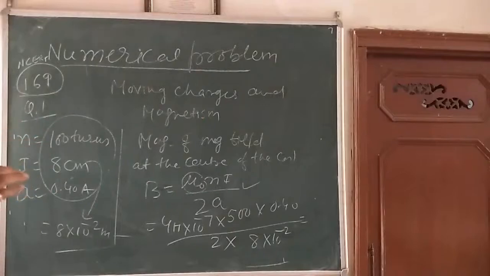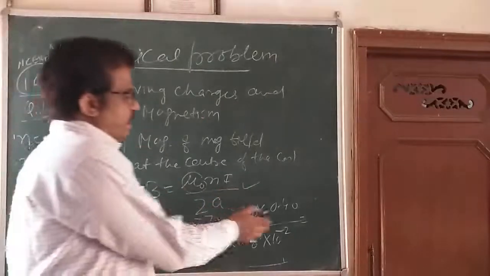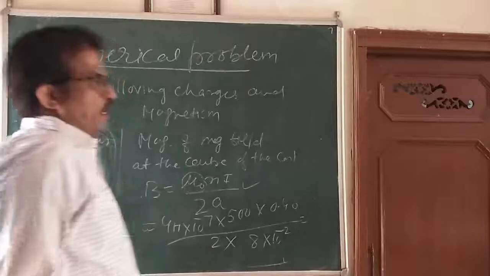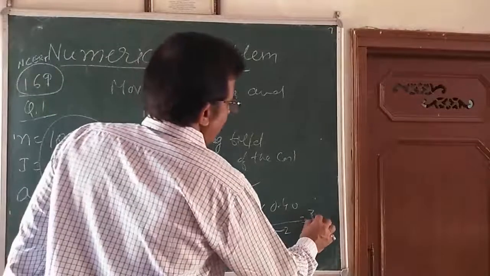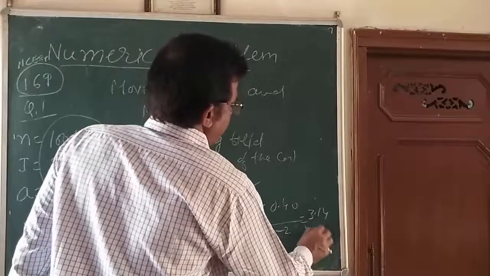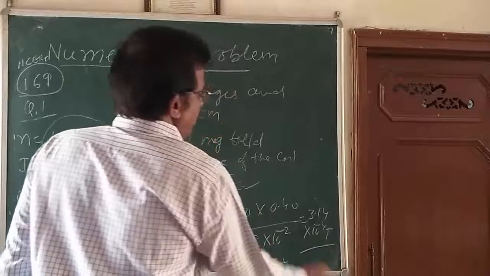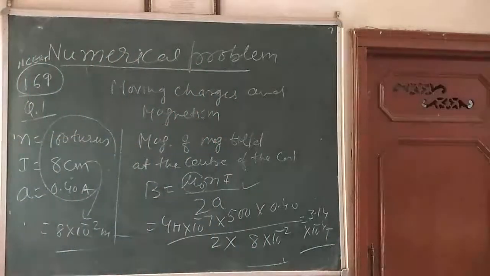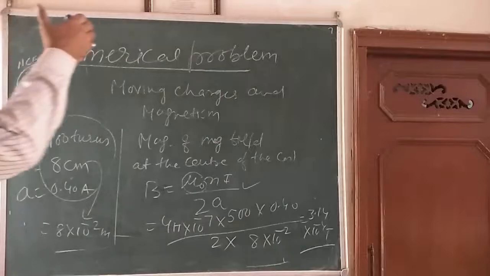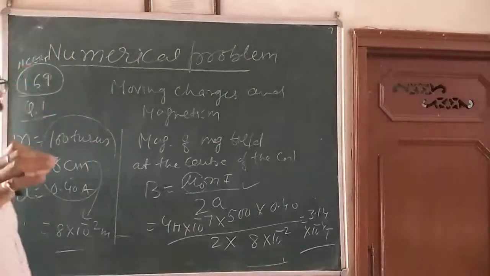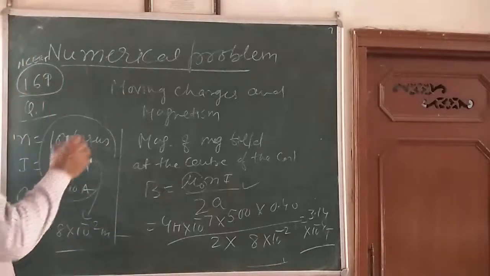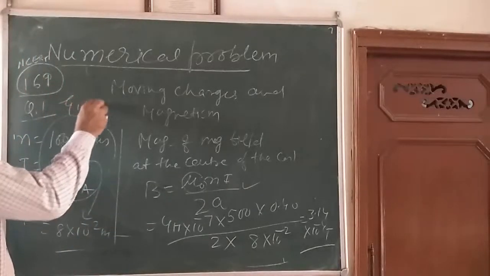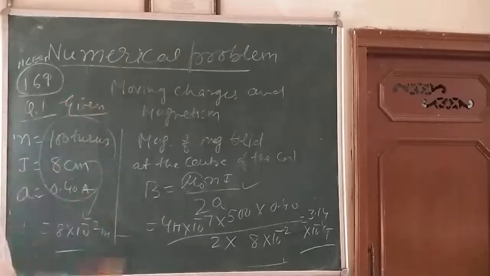Also note down how much time you are taking to solve this simple calculation. It is very important from an examination point of view. This is around 3.14 into 10 raised to the power minus 4 Tesla. The unit of magnetic field is Tesla. So this is the way. Again I am repeating, from 9th class we are doing physics numericals. So dear children, what are the things given to us? First write down here, then solve the questions.